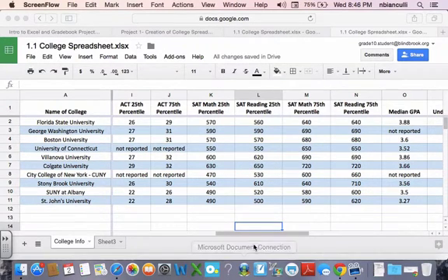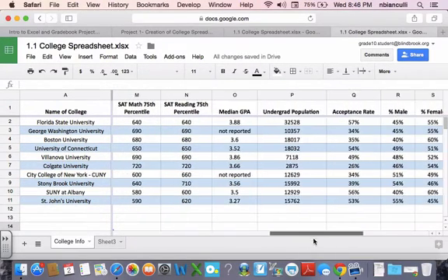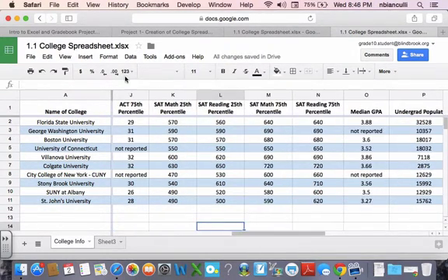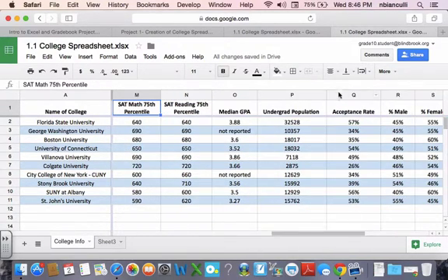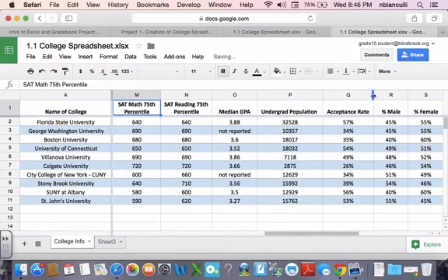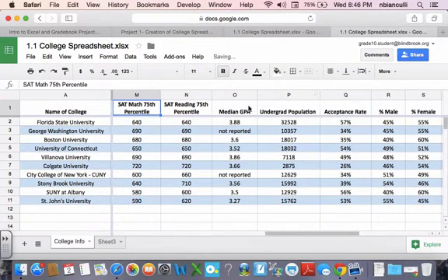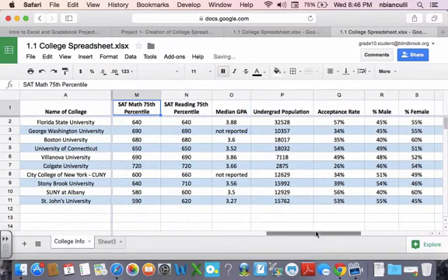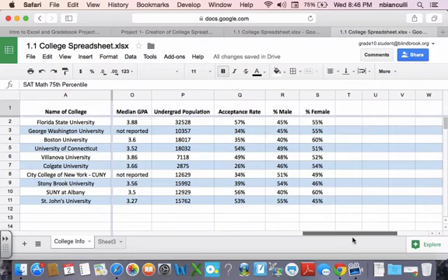Okay, so since our last video, I went through my spreadsheet and I cleaned it up a little bit. I consolidated. I wrapped the text for my ACT and SAT columns. I shrunk some columns so that the spreadsheet's a little tighter. That's a good thing because that way you're not spending so much room on the screen with your spreadsheet, so